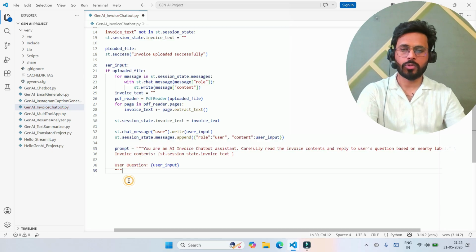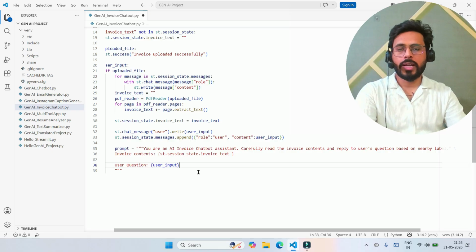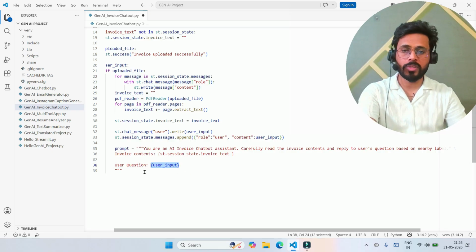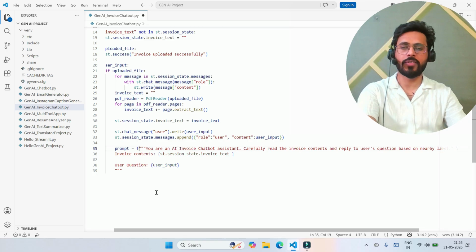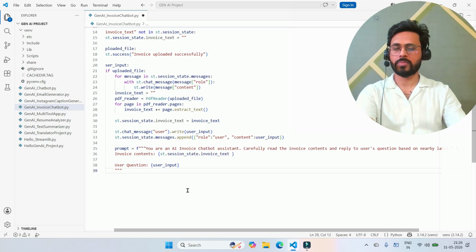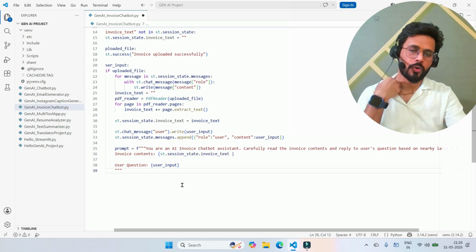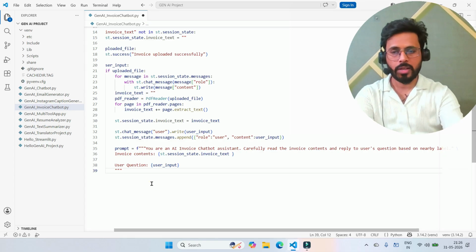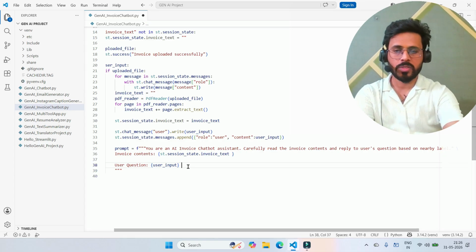Got it? Triple quotes. You see now there's no error here. Now as we are passing our variable along with the string, we need to write an F here to format this. Otherwise this will not work. Now we have this prompt ready. After that, I need to